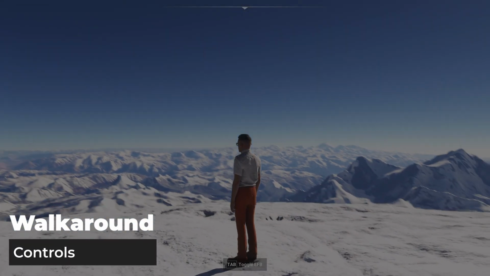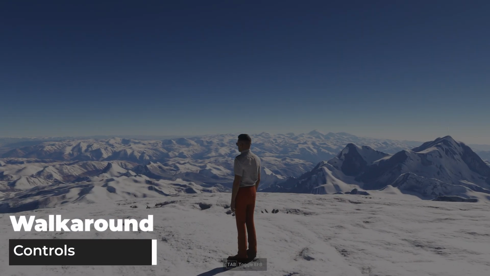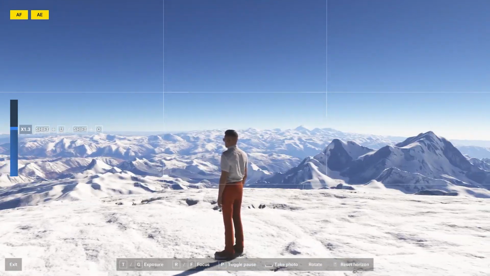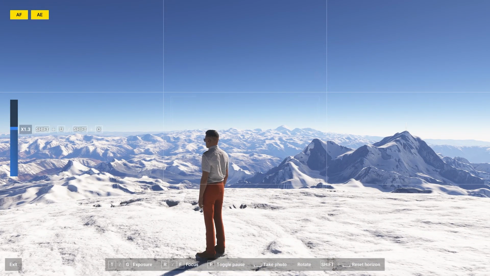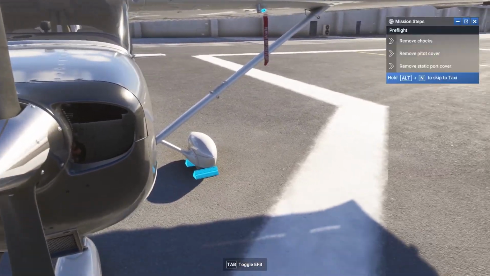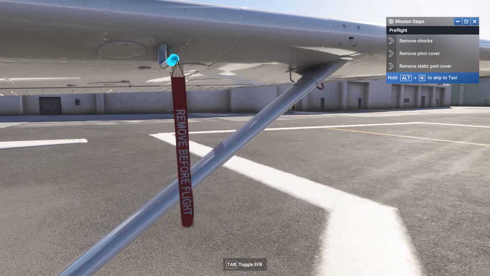Microsoft Flight Simulator 2024 has completely redefined what's possible in Flight Sim. With the new Walkaround feature, you're not just a pilot, you're an explorer. Whether you're inspecting your aircraft, snapping stunning photos, or taking in the scenery, this feature lets you experience the sim